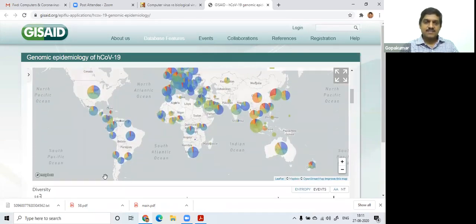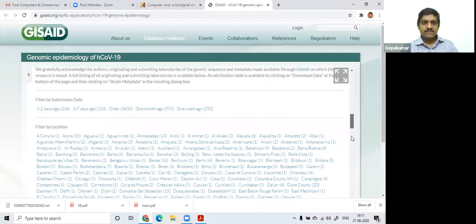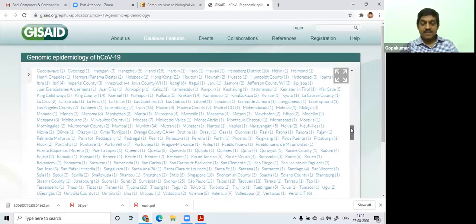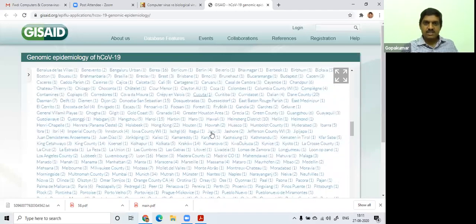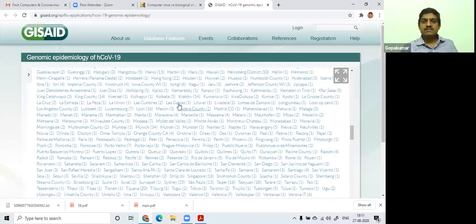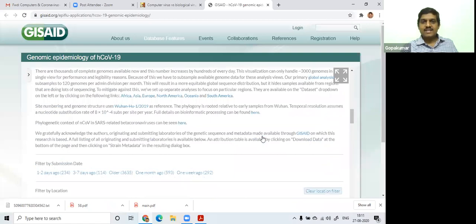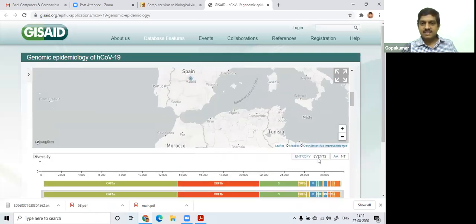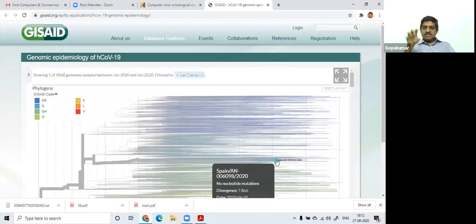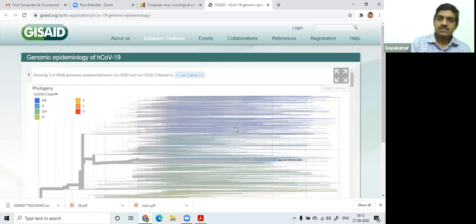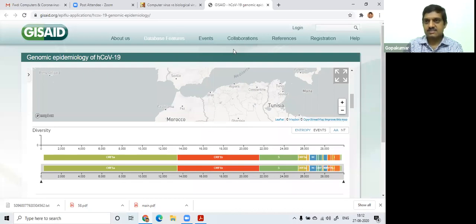And you can see the same information worldwide, with a lot of labels and other things. I'm not going into the details, but still you have a lot of information, and you can see these are the papers published with respect to these published genomes. So suppose I click on this one, and if you go back to your diagram, you can see that only one is highlighted. This is the genome developed by this particular group of researchers, and in that way it can also be analyzed for further research.